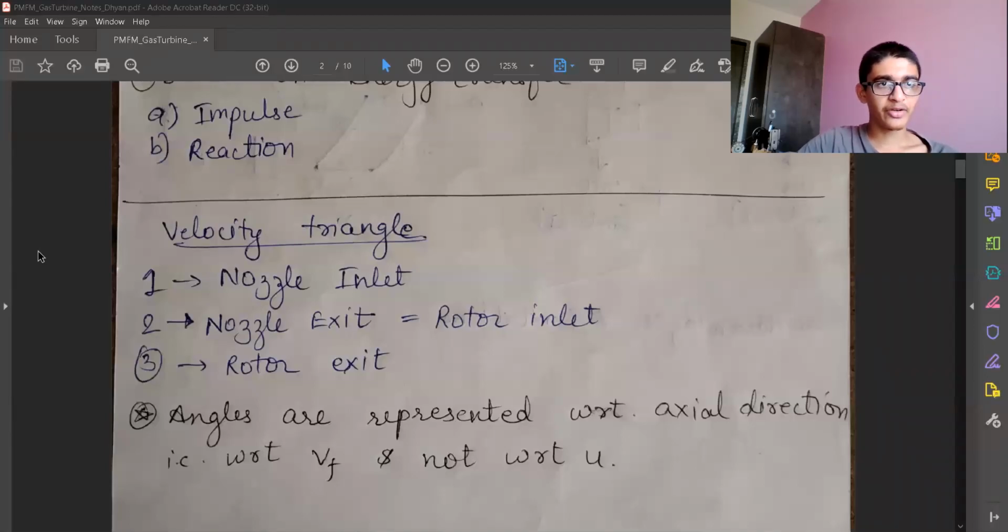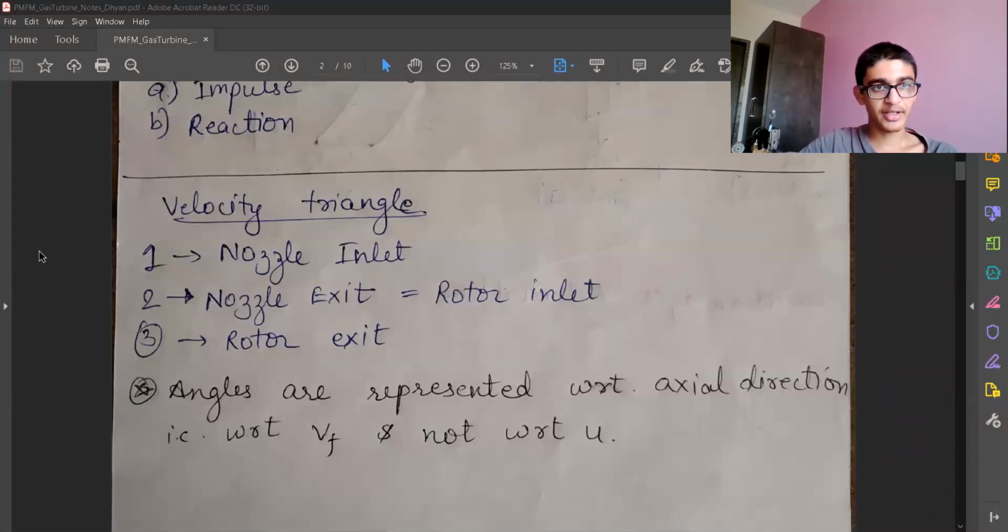In the earlier video, I introduced you to the gas turbines. Now we'll look at the velocity triangle in detail for the gas turbine. In the steam turbine topics, we have seen that we had a separate velocity triangle, and a combined velocity triangle which had a common base of U, that is the mean blade speed. The similar thing we'll be using over here also, so it's easy for us to visualize the velocity triangle, the velocity magnitudes, the angles, everything.